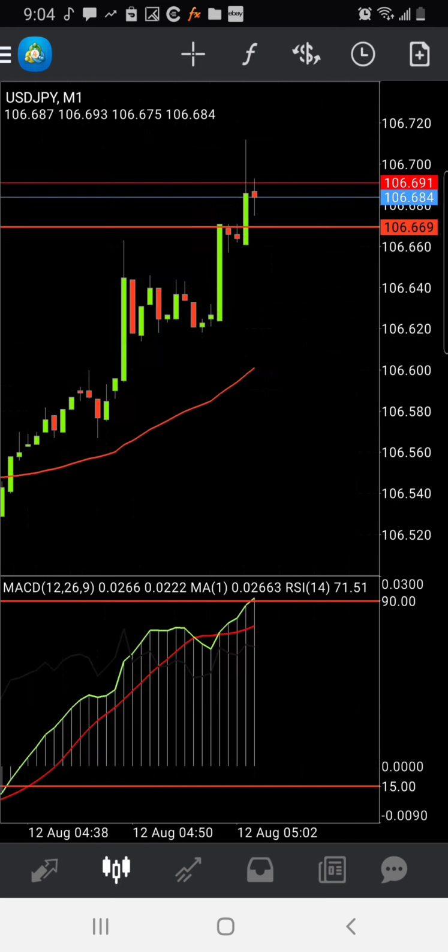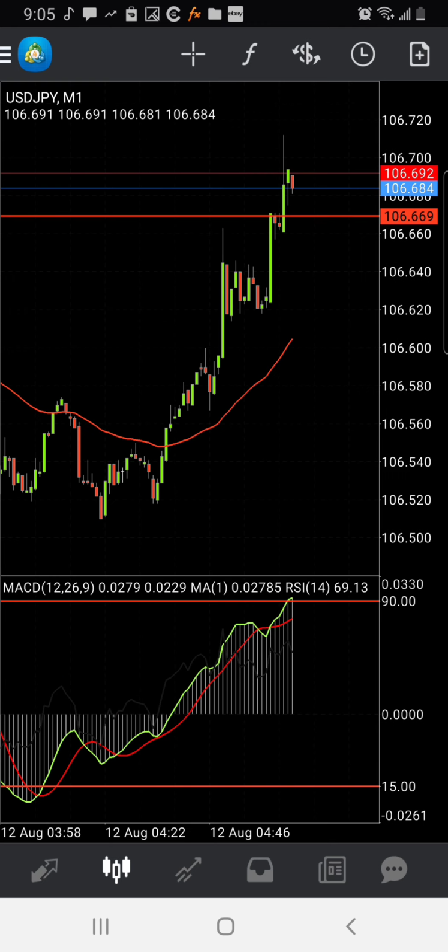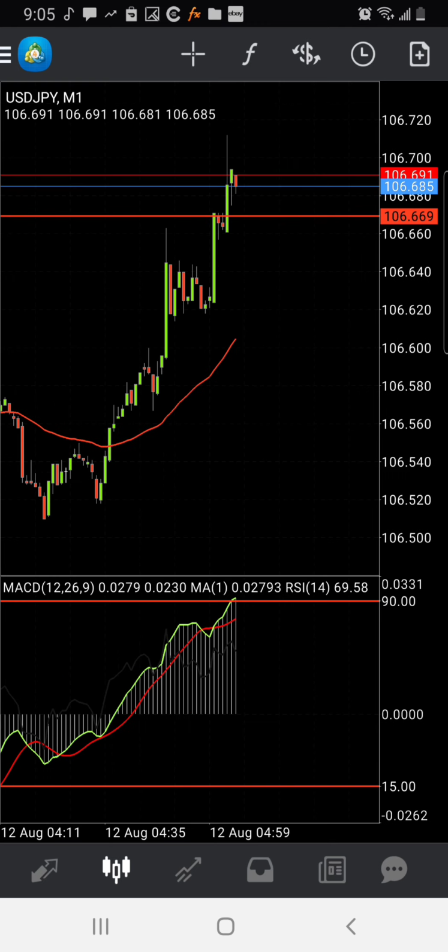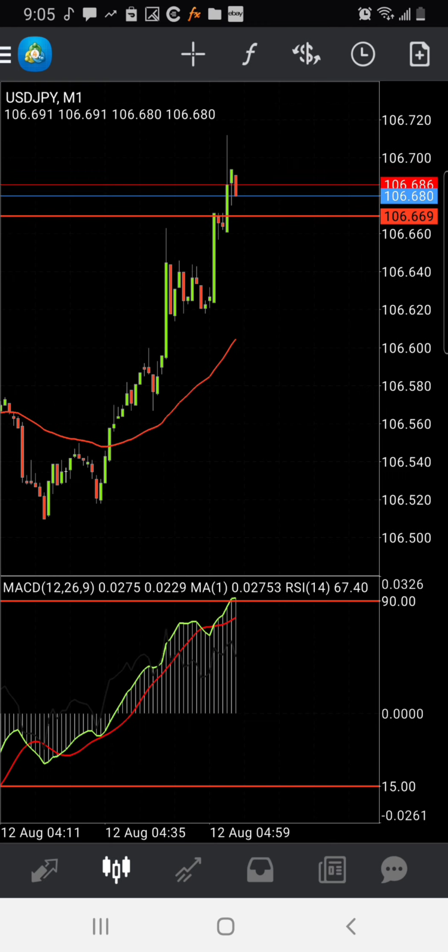What about our 1 hour? It's looking like it wants to drop as well. Overbought position. 1 minute. Look at this. See, this is where you would sell at, or wait till it goes up again. I mean, it already went up again, but this is where you would sell. And as you see,